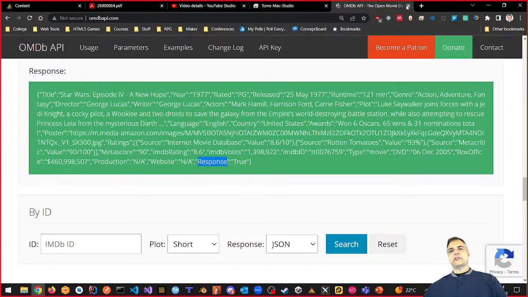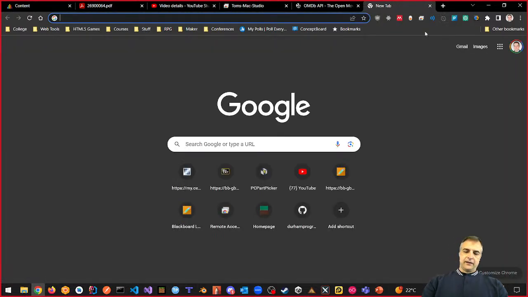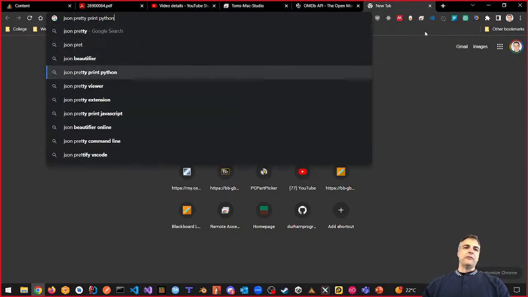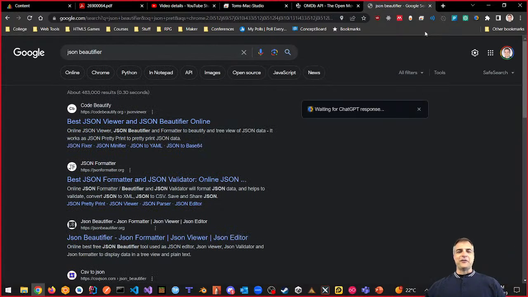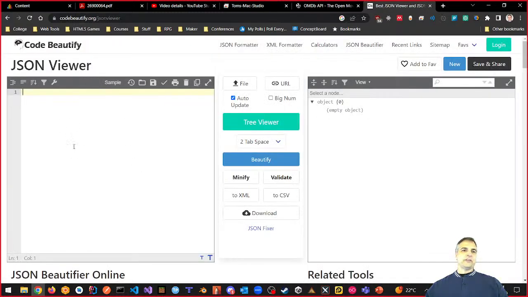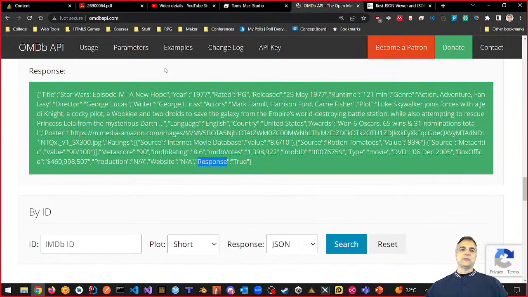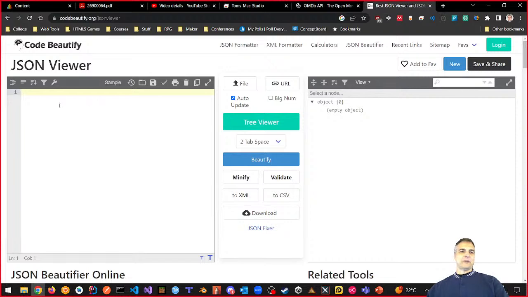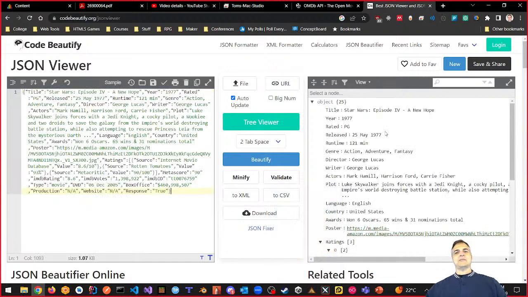So let's say if I was going to search up here to do that, if I said something like JSON beautifier, there we go, a JSON beautifier. I'm just thinking prettifier. I don't know, that's my own word. But if I look there and go to something like Code Beautify, and if I put JSON data there, it's going to come up nicely over there. Let's see what that looks like. So I'm going to go back to my OMDB, just showing you how to do this. I'm going to grab all this, copy it, and go back to this random website that I went on. And then look, now you've got a much easier way of looking at the data compared to before.